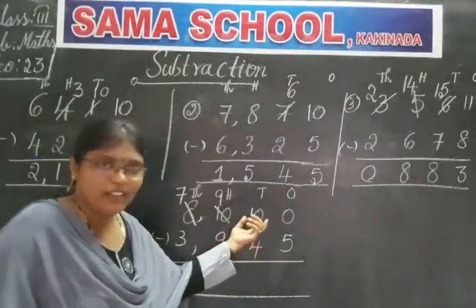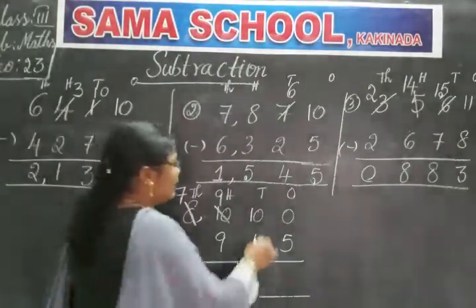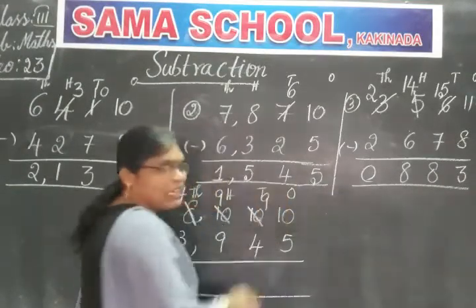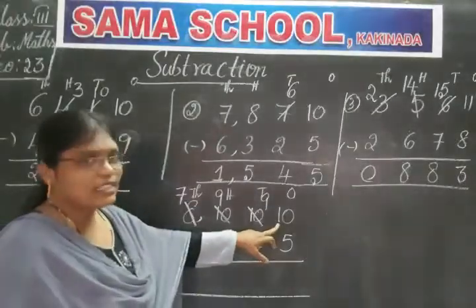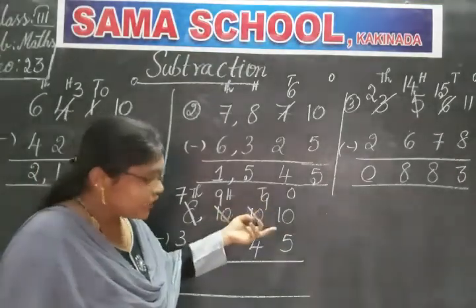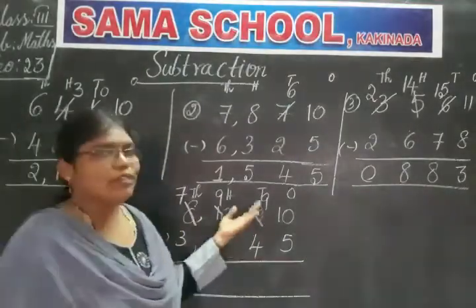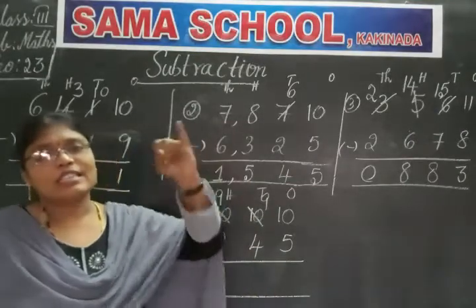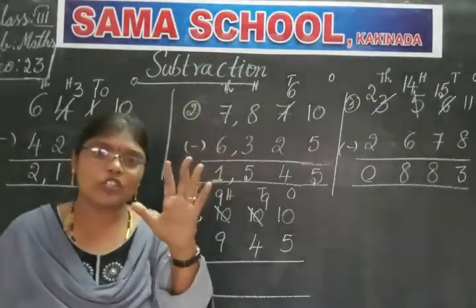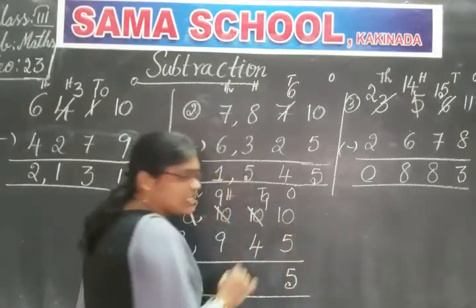So the 0 became 10. So here we have 10. So can we borrow to ones place or not? Yes. So again cross this 10, it became 9, and borrow to ones place. So what is the digit in ones place now? 10. And can you subtract 5 from 10 or not? Very happily we can subtract 5. So 5 after till 10. 5 after 6, 7, 8, 9, 10. How much? 5. Okay. So write 5 in ones place.